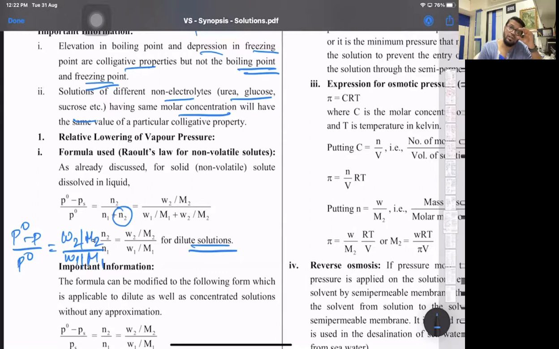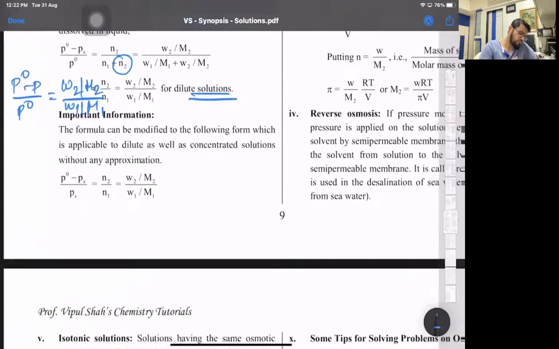An important info to understand, all colligative properties are inversely proportional to their molar masses. Remember that. Okay. So delta P, lowering of vapor pressure, is this clear? Will be inversely proportional to its molar mass. Formula can be rewritten as, yes, P01, that is the part.